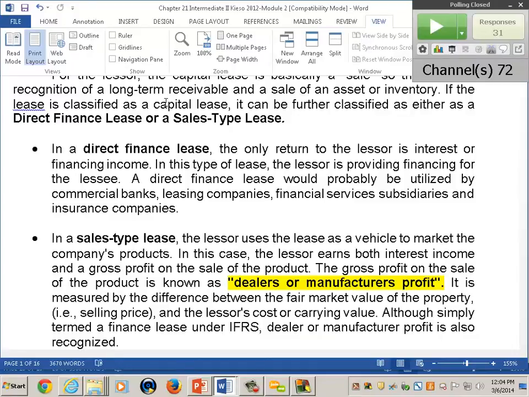And in both cases, the asset is totally removed from the books. So remember, I said this on Tuesday, if the lessee has a purchase of an asset, you should have a sale. It's not always that way. We'll talk about that, but you should have a sale. So the sale means the asset is derecognized. You take the asset off the books. Whether it's inventory or a plant asset, it gets removed from the books.